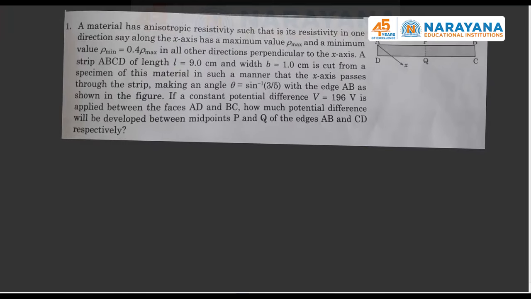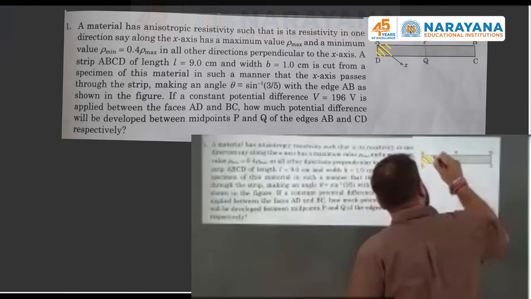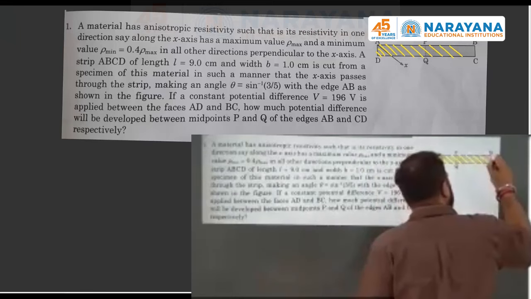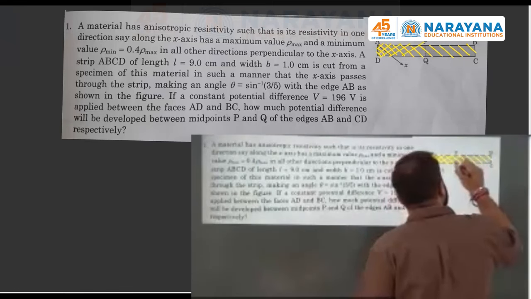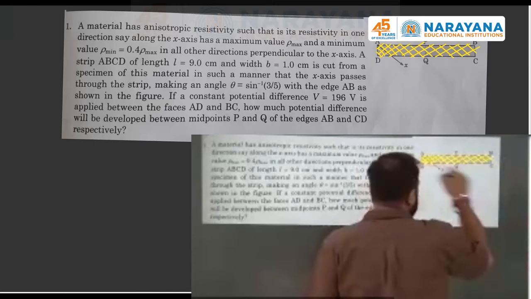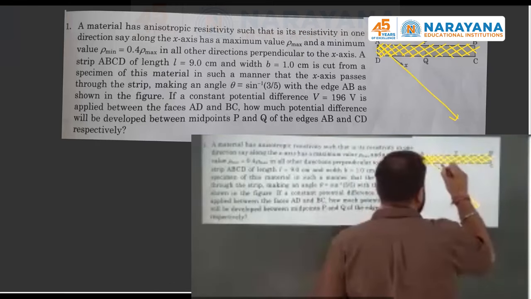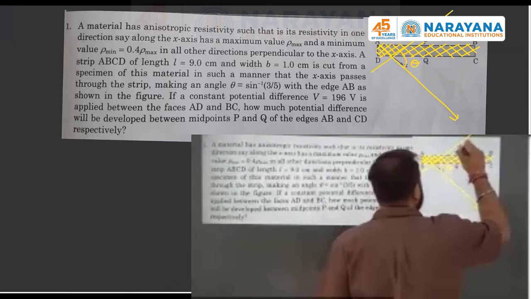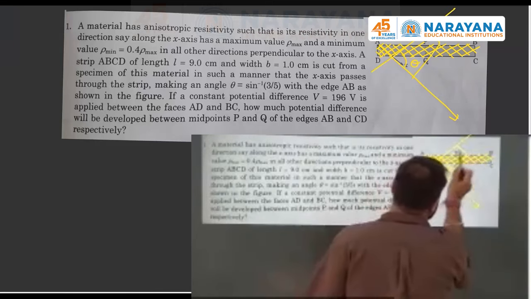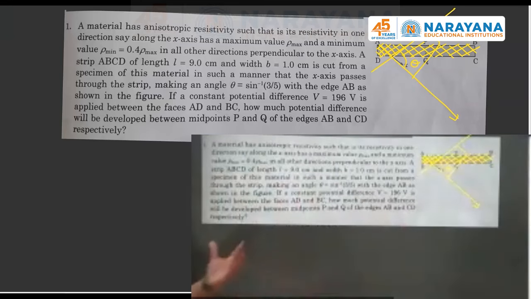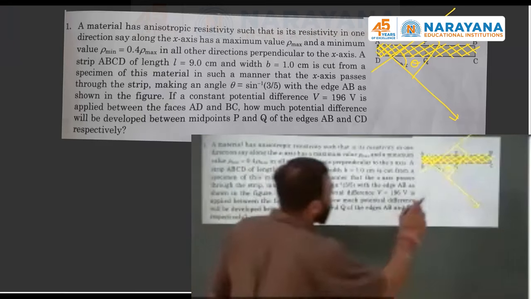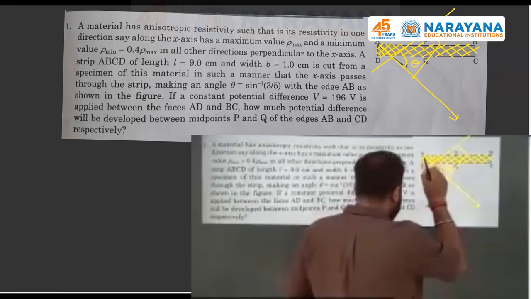The problem was such that he is talking about a sheet whose length and breadth are given. The sheet has been divided into a grid, and the grid is somewhat like this. In the plane of the sheet only, if I draw a line at an angle of theta and the perpendicular here, you can understand that everything is happening in this grid. The grid is defined. What was the question? He says that for this material, when I supply